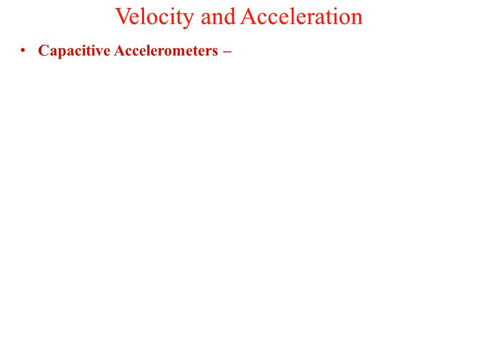Now there are different types of accelerometers available. Today in this lecture we are going to see 2 types of accelerometer. The first one is the capacitive accelerometer, and the second one is the piezoelectric type of accelerometer. And there is one more special device called a gyroscope. In coming lectures we are going to see about the gyroscope. So today our focus will be on the capacitive accelerometer and the piezoelectric accelerometer.